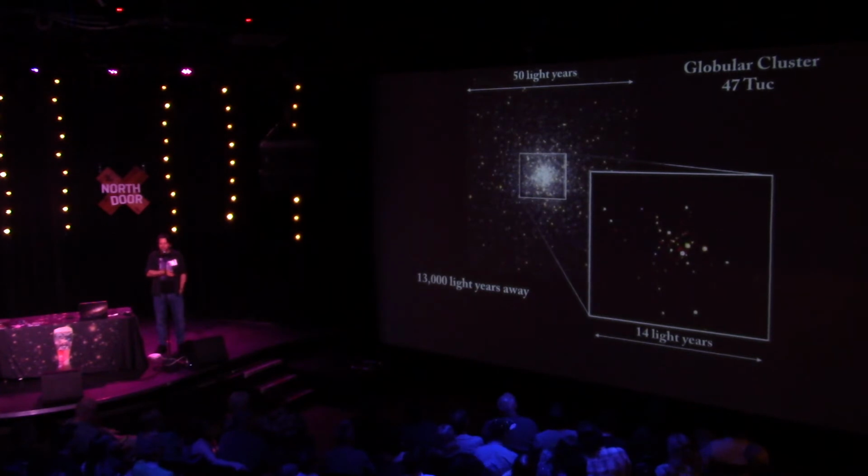But it's a collection of about 100,000 to 1 million stars in a pretty small region of space. It's kind of like a little mini galaxy. And we have about 200 of these in our galaxy. And this is what it looks like in optical light when you see all of the different kinds of stars, 100,000 or so of them. And when we look in X-rays with Chandra, we see several dozen, maybe 100 or 200 or so sources in this globular cluster. And this is not only showcasing Chandra's amazing spatial resolution, but this also solved a decades-long mystery